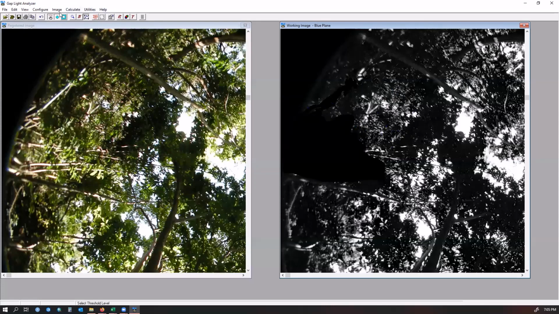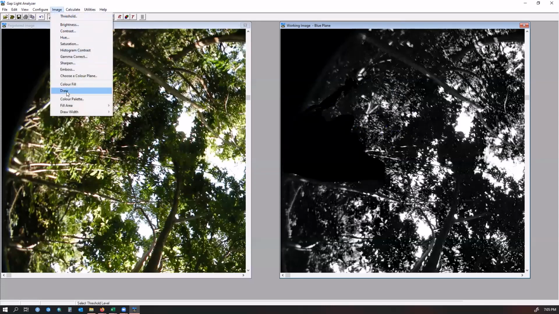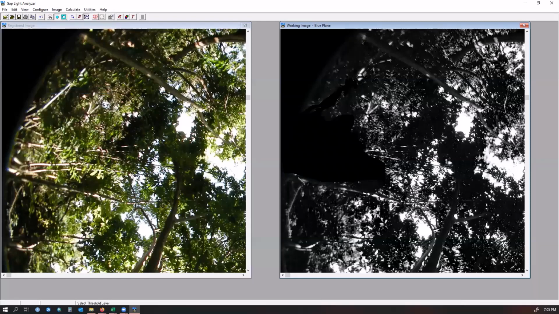Okay. And if you want to go back to drawing, you click on draw. This here is going to be all painted black because it's vegetation. Okay. Let's look at this part of the